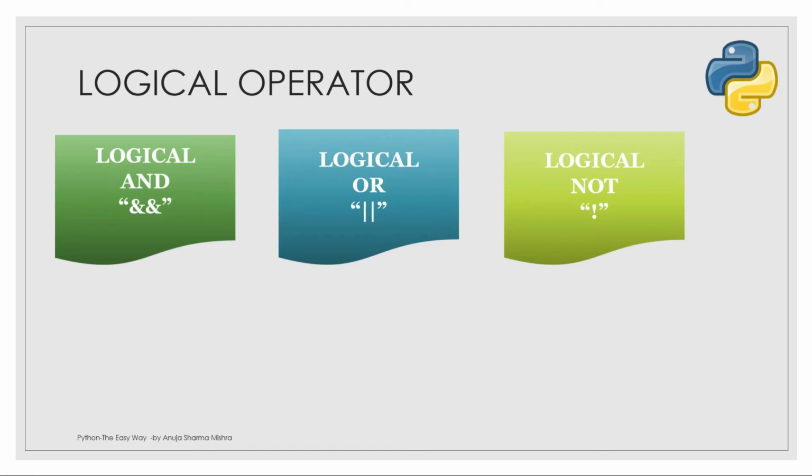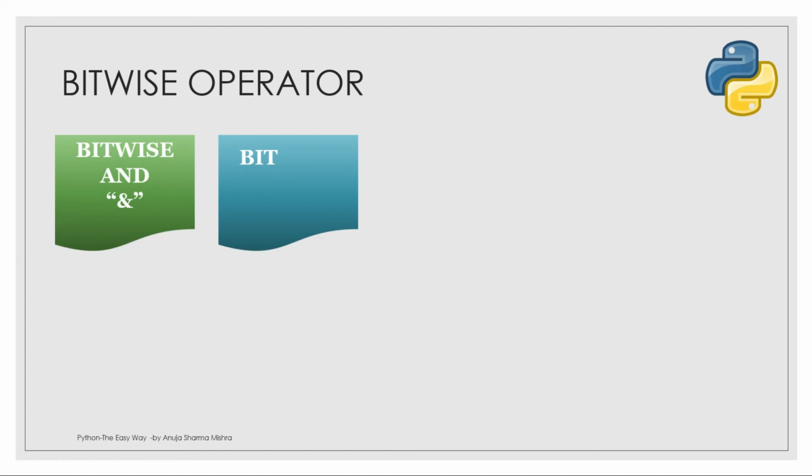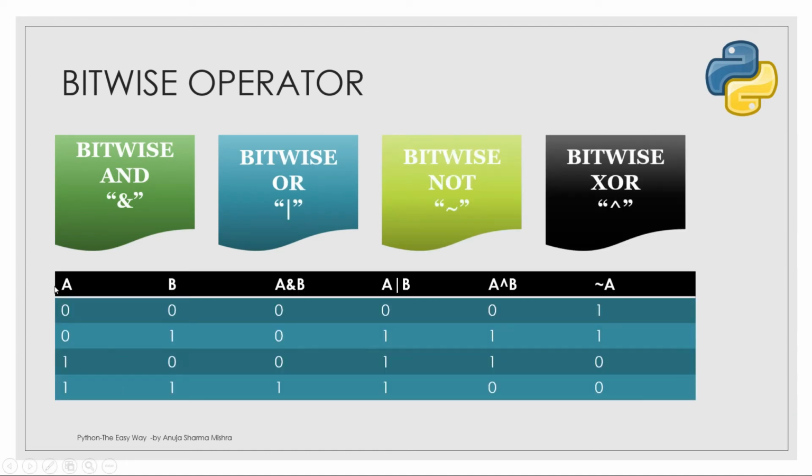Before we see how to implement these logical operators, I want to share one truth table with you. I hope many of you have seen this truth table where 0 and 0, the operation between 2 zeros, if you apply AND operation it gives you 0. For OR it gives you 0, and 0 is 0 again. Similarly, 0 means false and 1 means true over here. So if one value is false, another value is true, and you apply AND operation, it will always give you false. For true, both the values have to be true, then only it will return you a true value, else it will return you false.